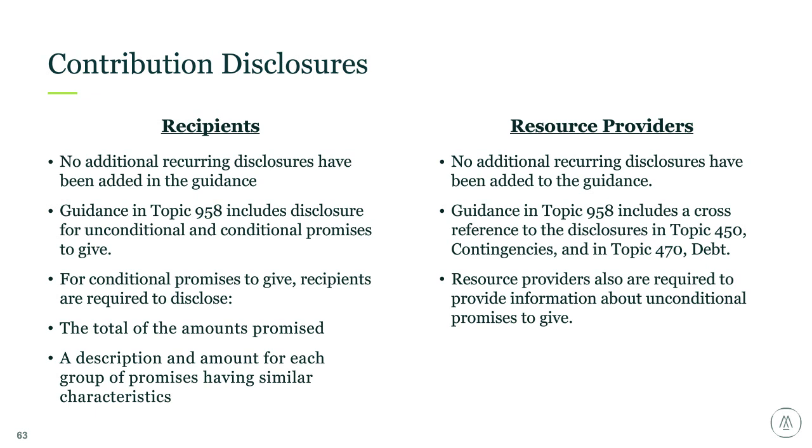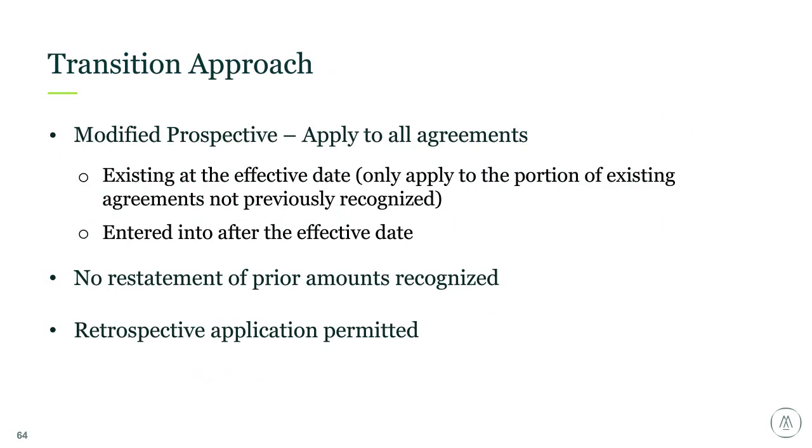For transition approach, it is a modified perspective, so it applies to all agreements that exist at the effective date, and you want to look at the amount of revenue that has not been recognized yet. So if you've recognized revenue in the past, you're not going to change that. It is just any unrecognized revenue going forward that you're looking at, so there is no restatement of prior amounts, and then obviously new agreements that are entered into after the effective date would be